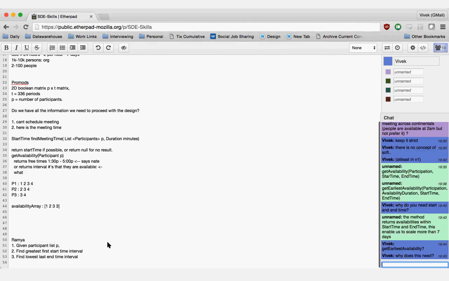Yeah. So the availability array is basically telling you for the first time interval how many participants are available. Only one person is available because only P1 has interval 1 available. But in the second interval, both P1 and P2 are available. For the third and fourth intervals, P1, P2, P3 are all available, right? So we have 3 there. That means all participants are available at these time intervals. So our goal is to find the earliest time when all participants are available.